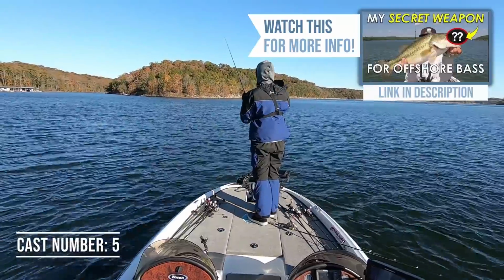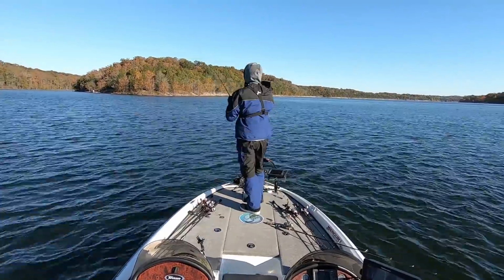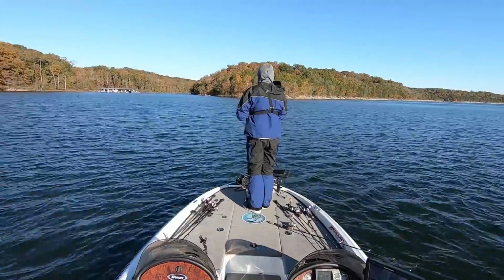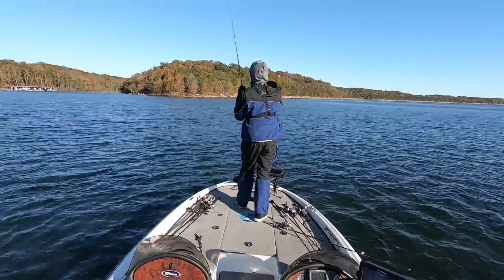And then I got another bite on that hair jig, and again, didn't get the bass to commit on it. And so usually when the fish are actively feeding, they're gonna bite within your first 5 to 10 casts. You don't need to stay there for an hour or 2 hours if you don't get a bite. But then if you do get a bite, I do like to stay for about an extra 10